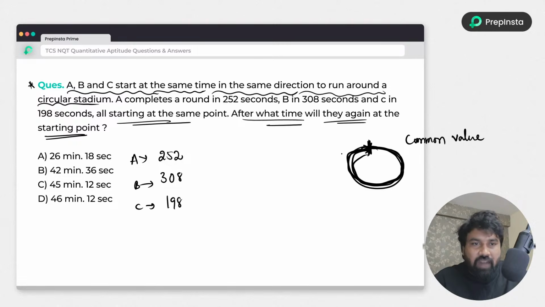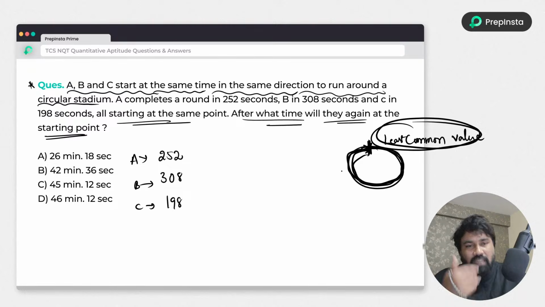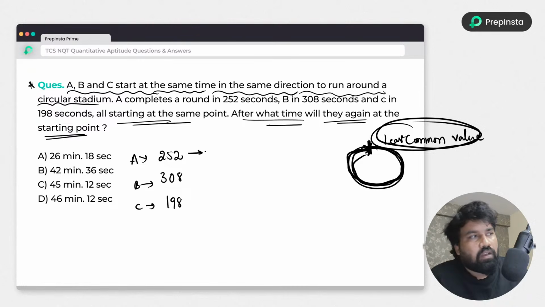Which is nothing but the next common value, that is the least common value. You have to find the LCM, the next time when they will meet. So the least possible case, so LCM. The LCM of these numbers, if you do it, it will be 2 squared, since 4 times it will cancel, and the 6 times also cancels, and the remainder is